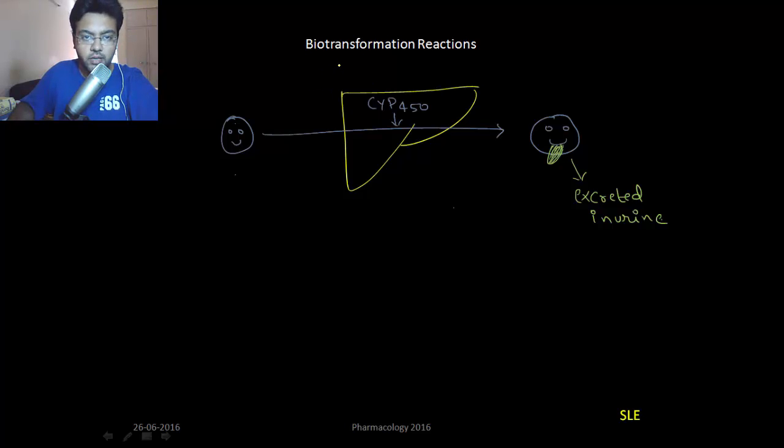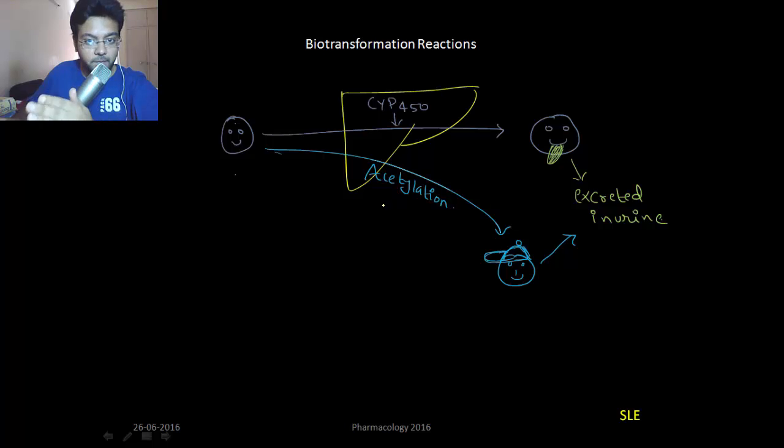Next is biotransformation reaction. To make it simple, your goal is to make the drug more polar so that it can be excreted in urine, because polar things are water soluble. There are two ways by which you can make a drug polar. Either you pull out a compound from the drug, say a hydroxyl group which is exposed, and make the drug more polar. Or you give this drug a hat like an acetyl group which is more polar. Now if you are pulling out something from the drug,